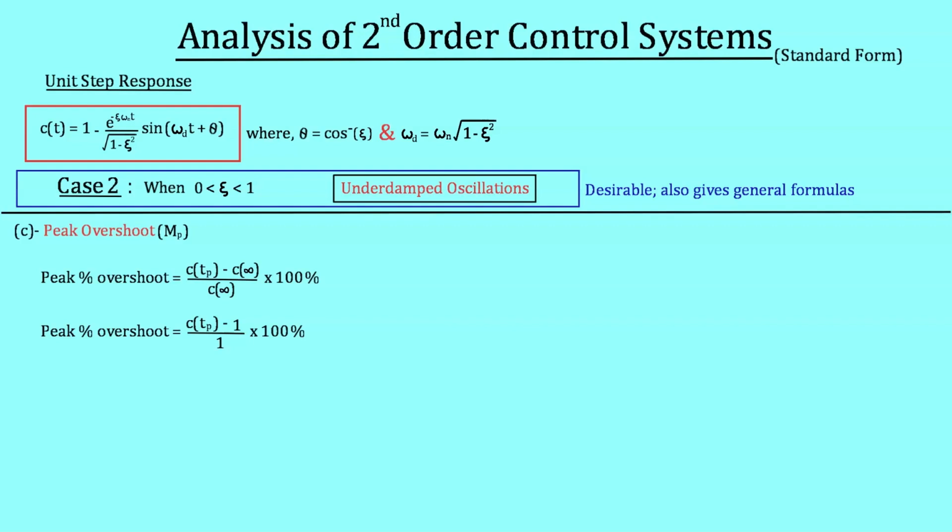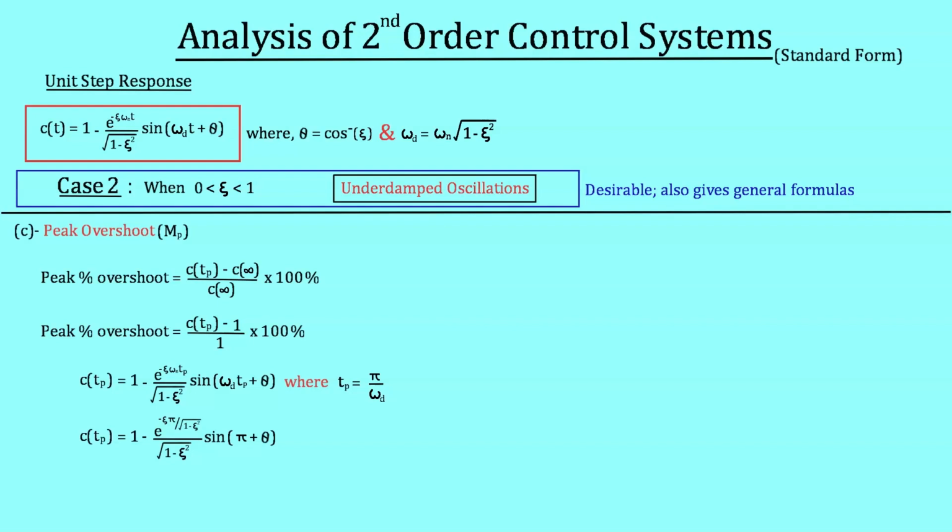Now we have to simply find the value of response at peak time. We are already having the expression of output response. We have to simply put time equal to peak time, where peak time is equal to pi divided by damped frequency. Putting the value of peak time in this expression, we will have another expression of response in terms of